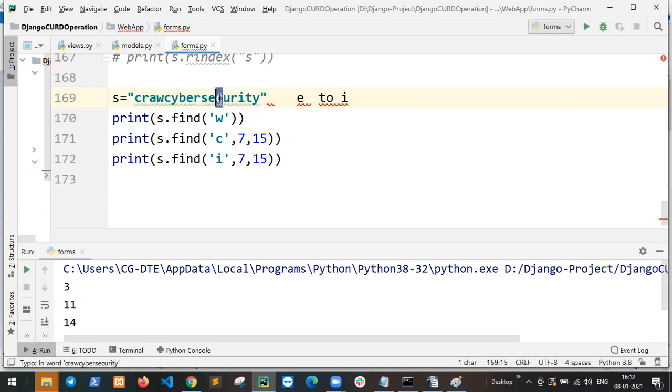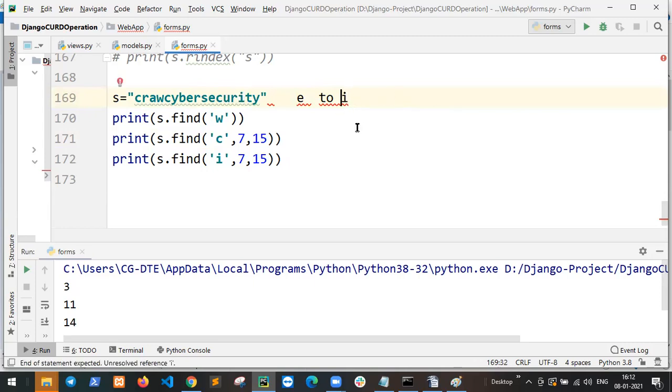That means I want only C. Find this string only between 7 to 15 index values. 7 is E, 0 to 7. And 15: 7, 8, 9, 10, 11, 12, 13 and 15, so I is there.